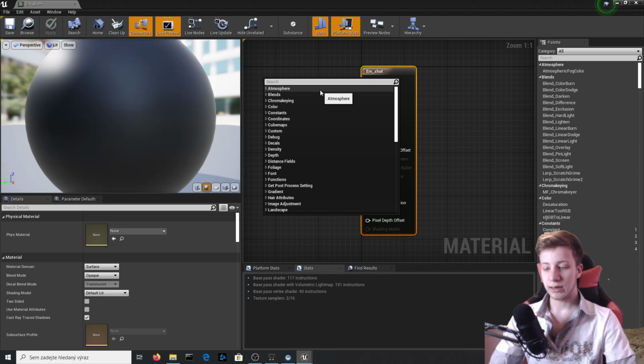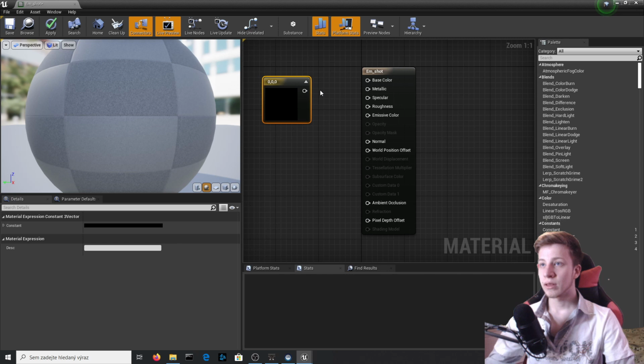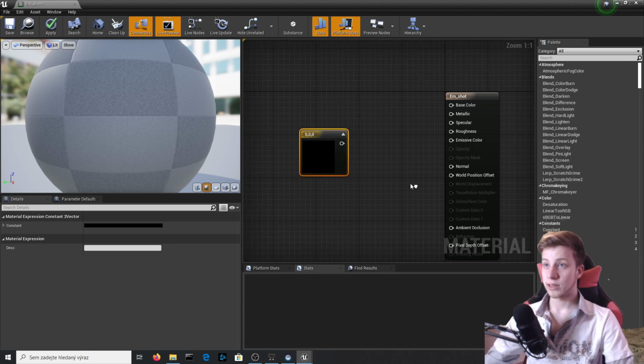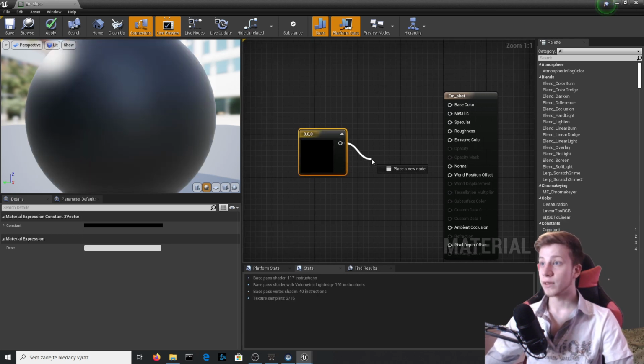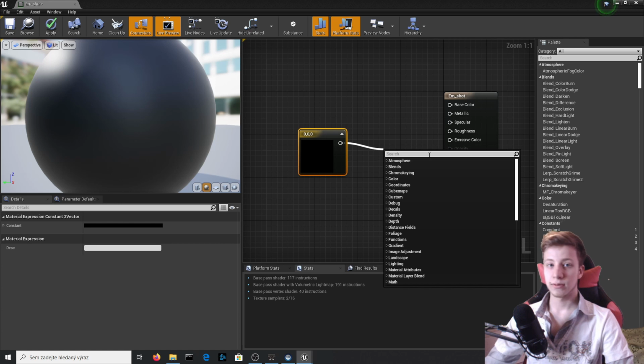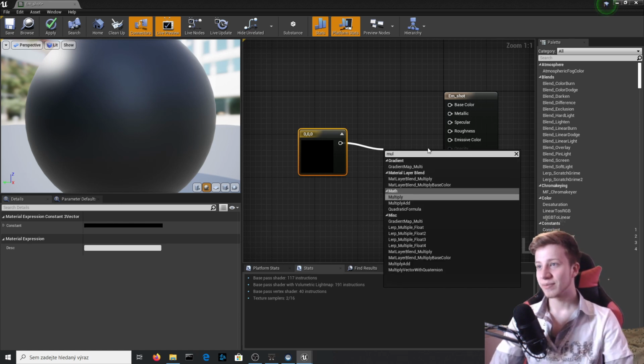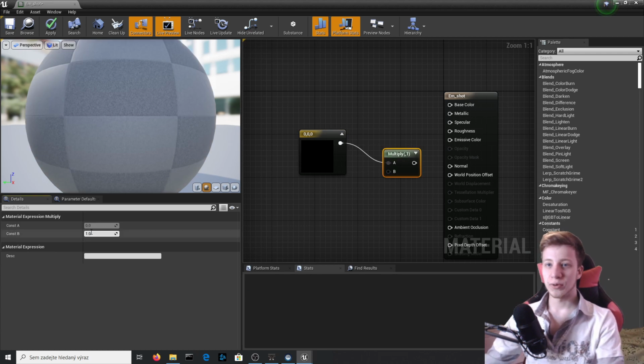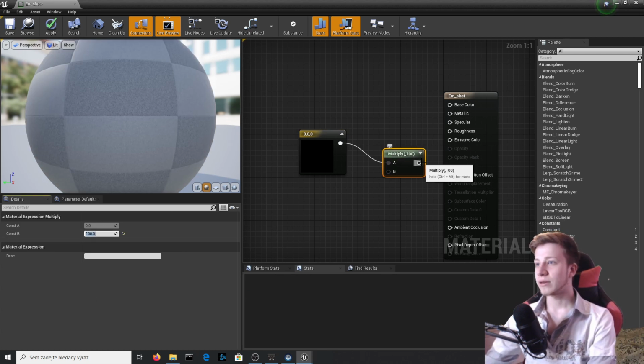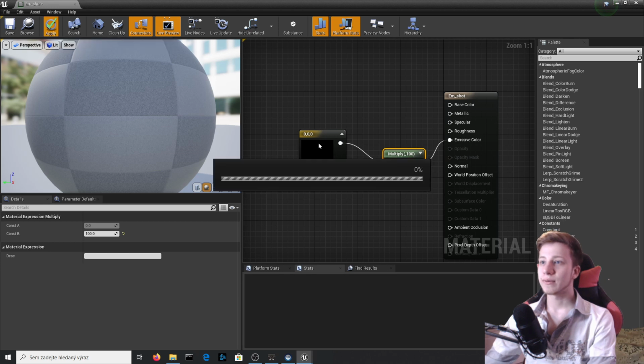So let's create here constant. I hope that you will never figure out that this is actually the only thing I can do with material editor. Okay, multiply, set it to 100 and connect it to emissive color. Now let's set here, okay,